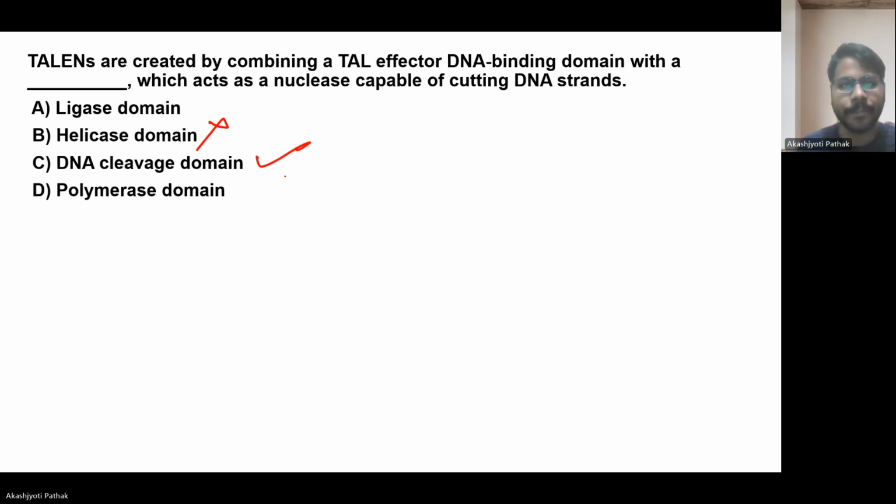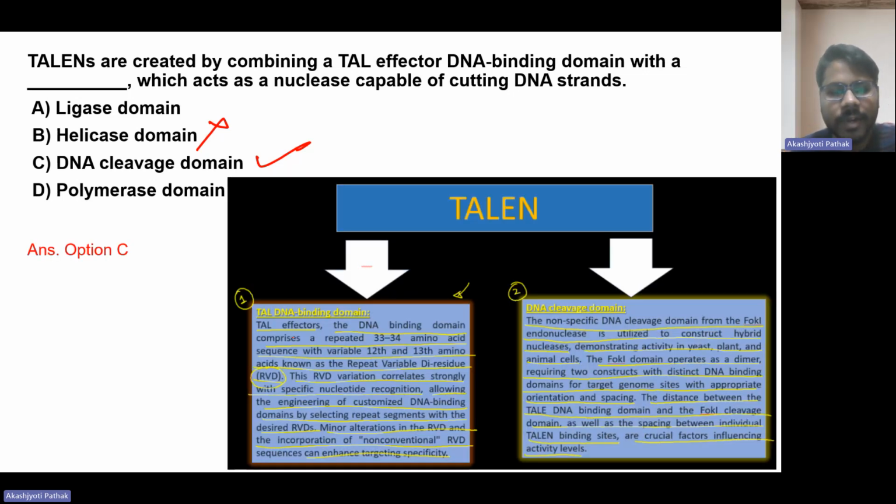The TAL effector DNA binding domain will determine where this TALEN molecule has to go and bind, and this nuclease will cleave that part of the DNA. So, the TAL effector DNA binding domain comprises a repeated 33 to 34 amino acid sequence with variable 12th and 13th amino acids known as the repeat variable diresidue, RVD. The RVD variation correlates strongly with specific nucleotide recognition,